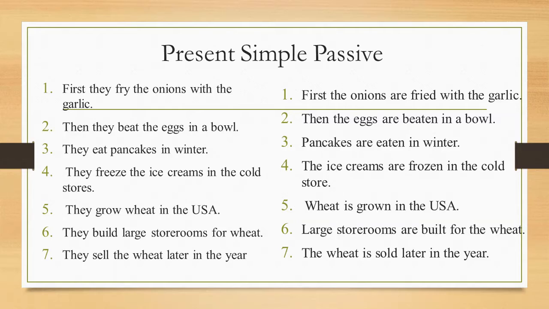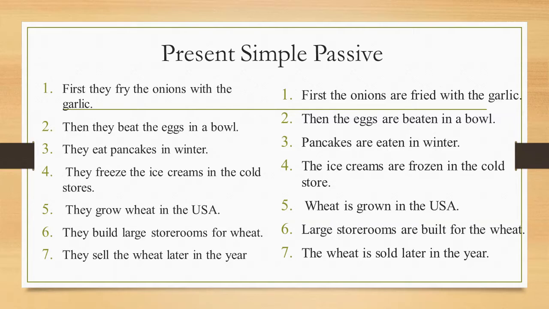And to convert it into a simple passive sentence, we use the third form of verb, past participle, with is, am, are, that are auxiliary verbs. If you are still unclear about passive sentence, I would recommend to go back and listen to that lesson again. So the passive for this sentence, first they fry the onions with the garlic, is, first the onions are fried